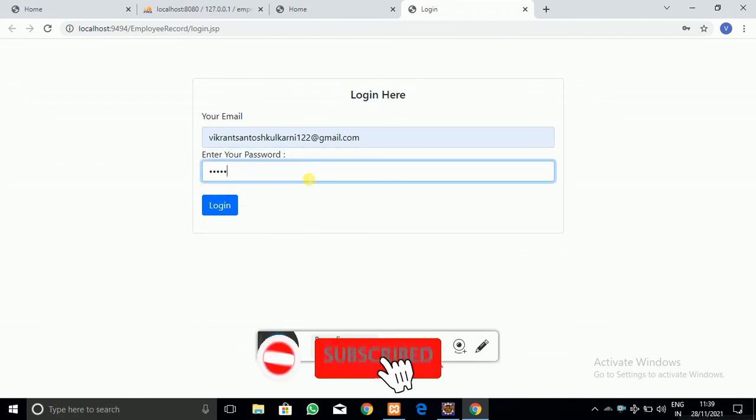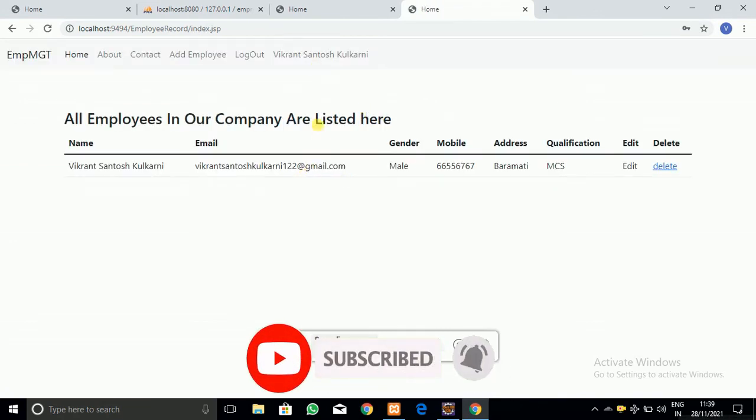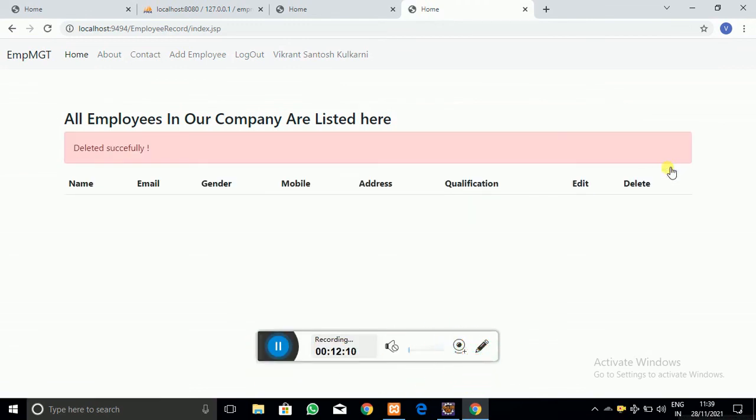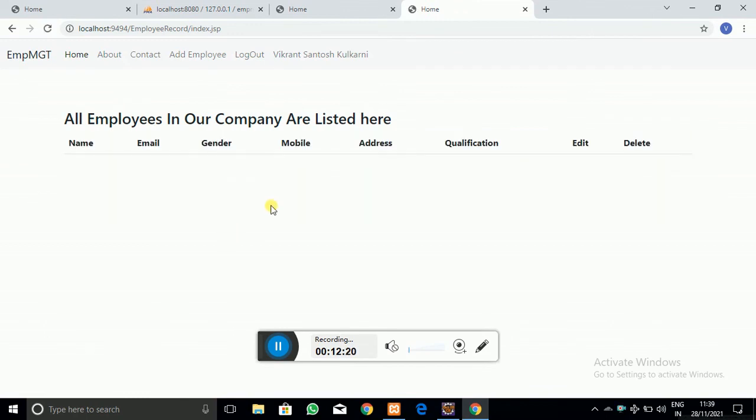Let me log in, and then you can see this was the data from the database. When I click on the delete link, the data is deleted successfully, and we also got a beautiful message showing that the data has been deleted.